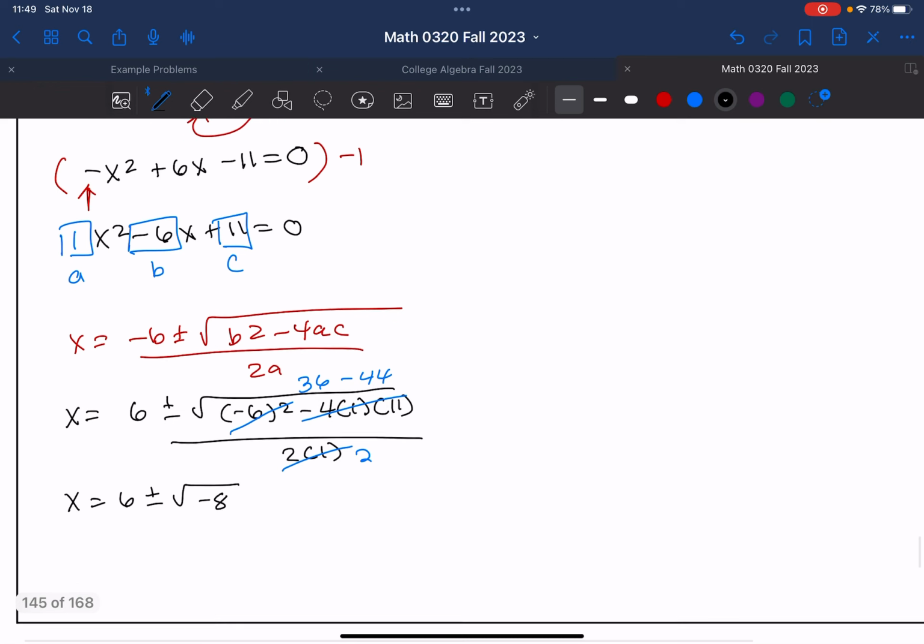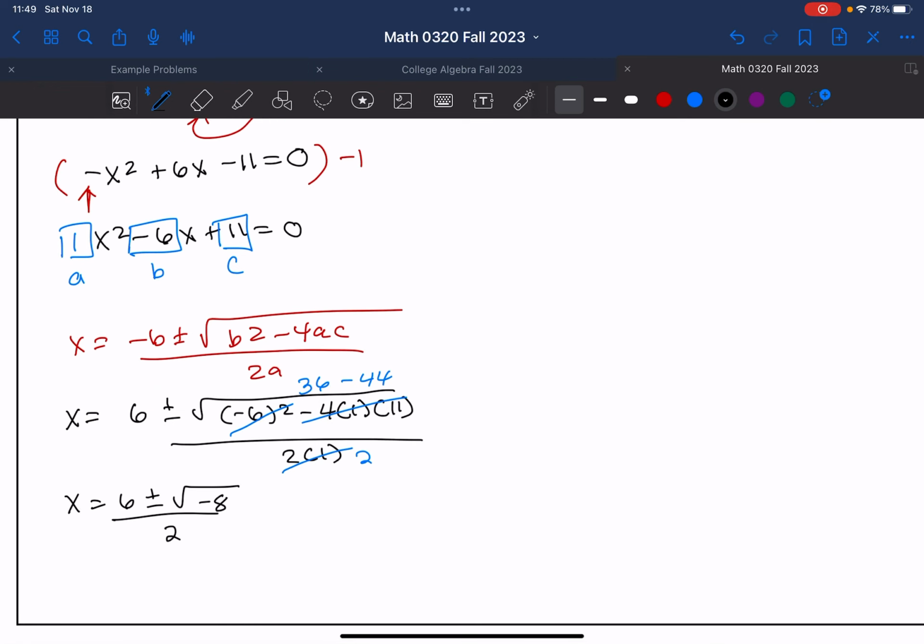All over 2. Remember, anytime we see the square root of a negative number, this tells us that we're going to have an imaginary number, i. So what we need to do here is we need to first